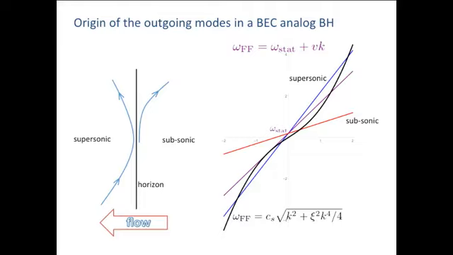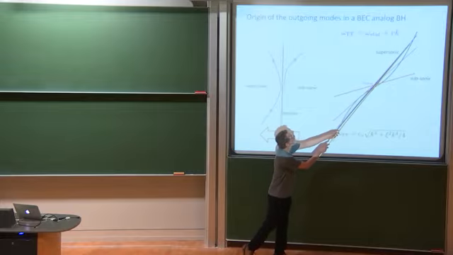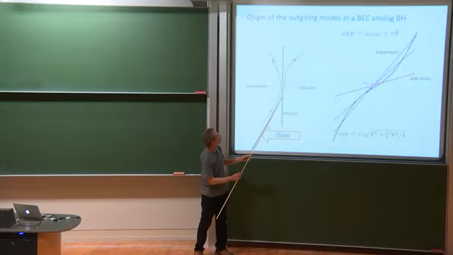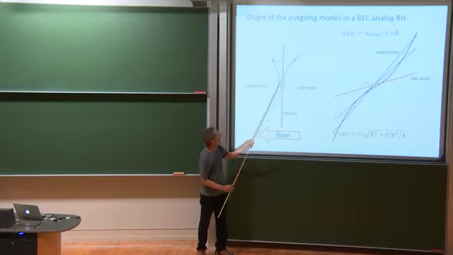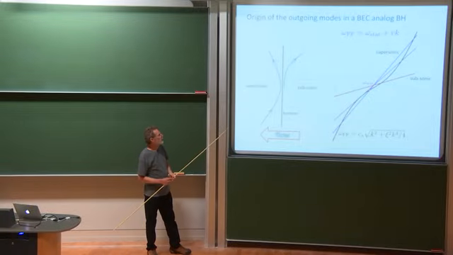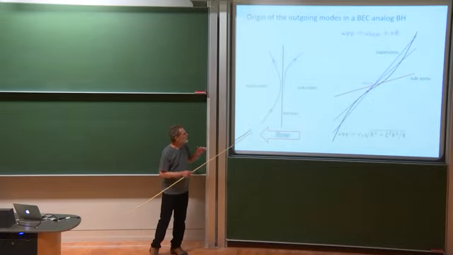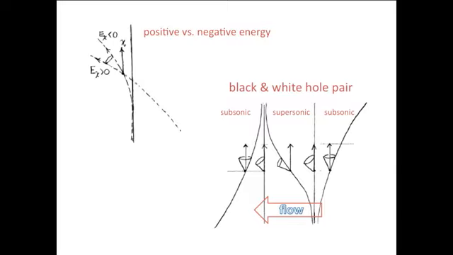It's not the only case, because instead of with this mode, I could have also started with the one up here. And then what we would have found is that that mode continuously propagates across the horizon, but the breakdown of WKB leads to a partner mode on the inside as well. And we should consider both of those to formulate the correct positive norm modes that we use to quantize this perturbation field. That whole quantum aspect I'm not going into in detail here. So this should show how in this kind of a system those modes can be created.